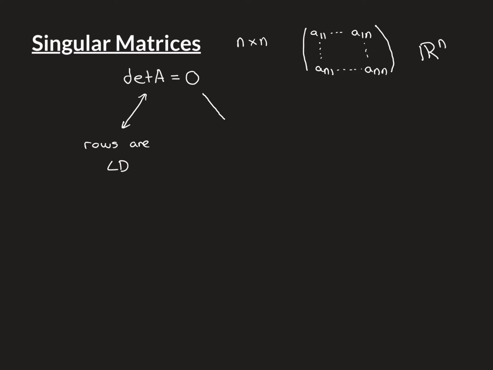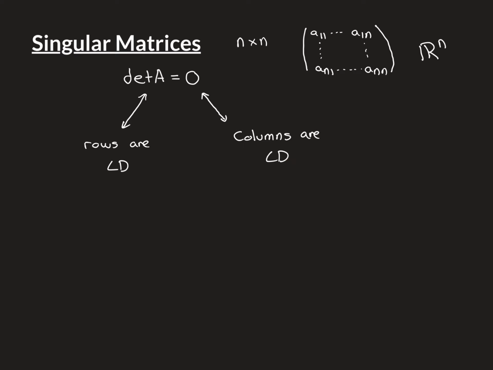The second equivalence, the third statement, is that the determinant of the matrix being 0 is also equivalent to saying that the columns of the matrix, viewed as column vectors, are going to be linearly dependent. So again, you've got n columns in this n by n square matrix. Each of them is a column vector inside Rn. Each of them has n components. And I claim that if the determinant of the matrix is 0, this is true if and only if the